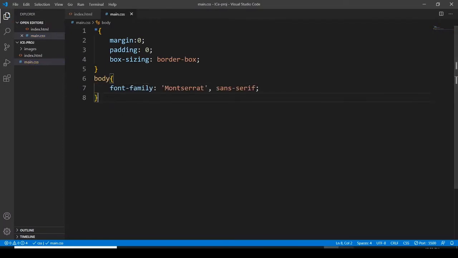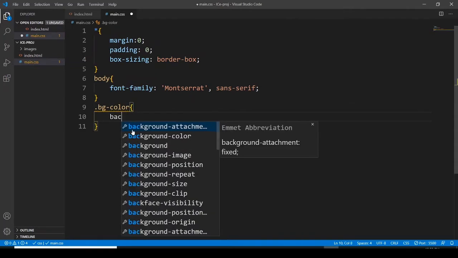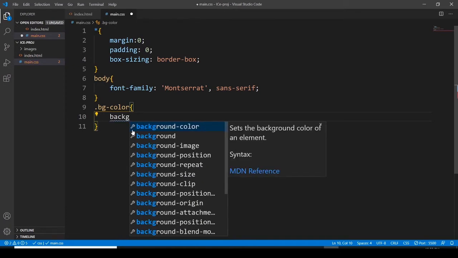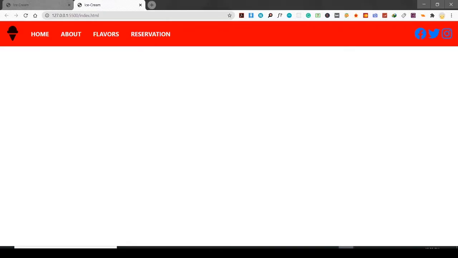Now here, if you guys remember, I had a BG color class for the background of the navbar. So background color, background is going to be red. Let's go there. So here we go. We have the navbar with the red background. We need to change this, okay? And this icon or logo. So we are done with this thing. Now we have to change the color,